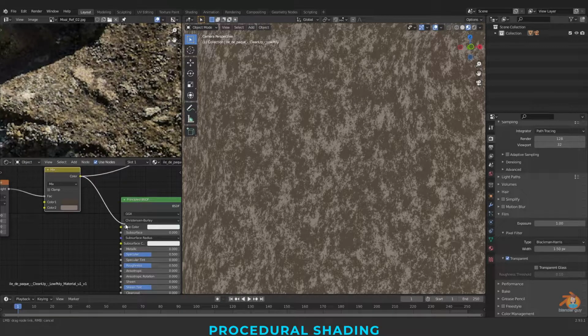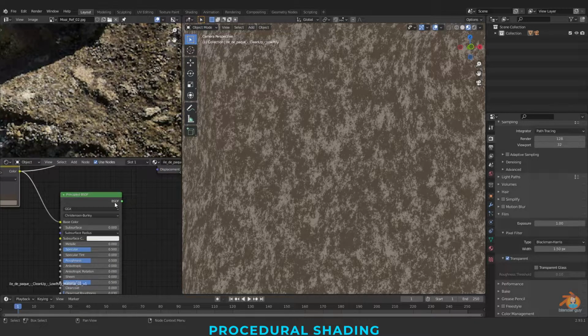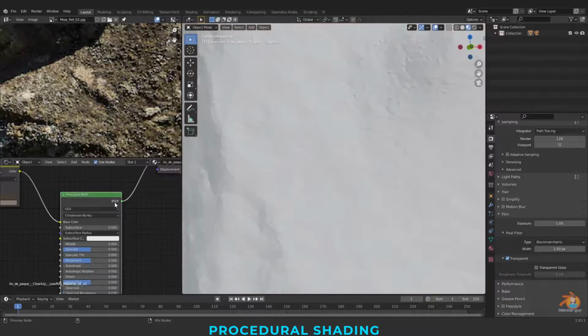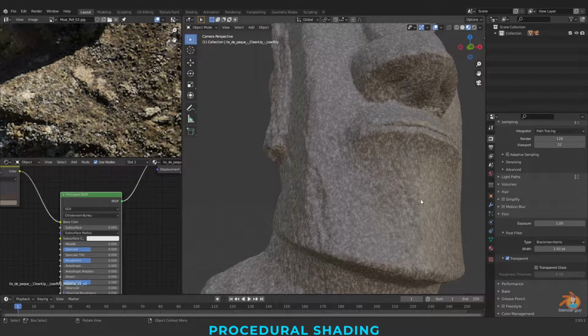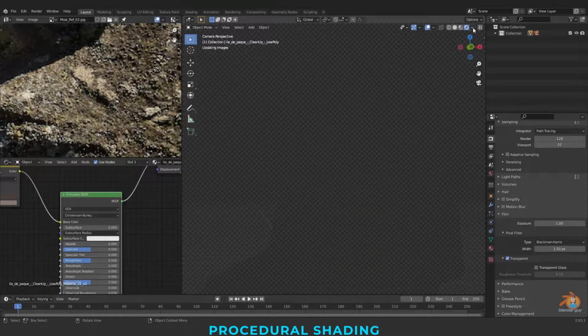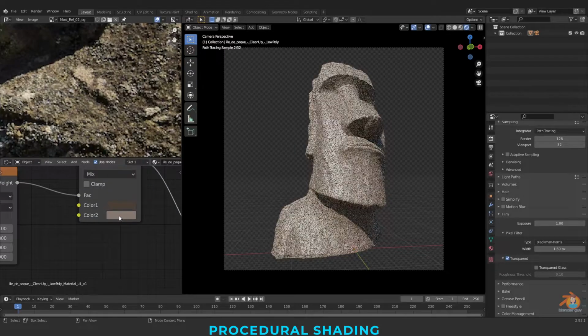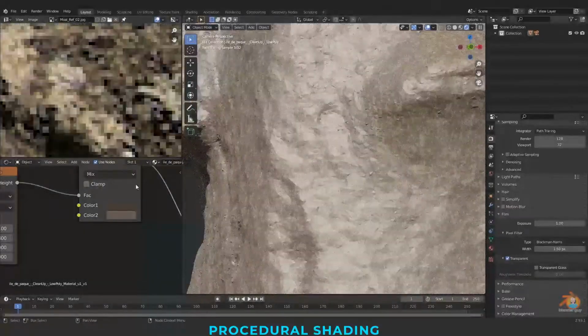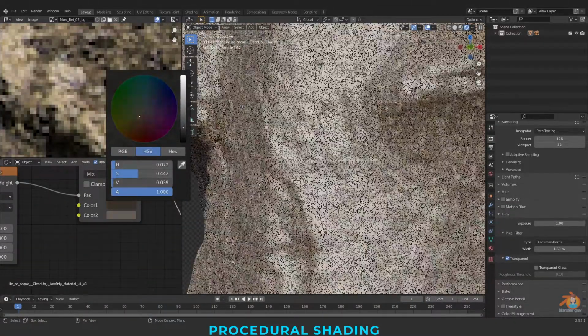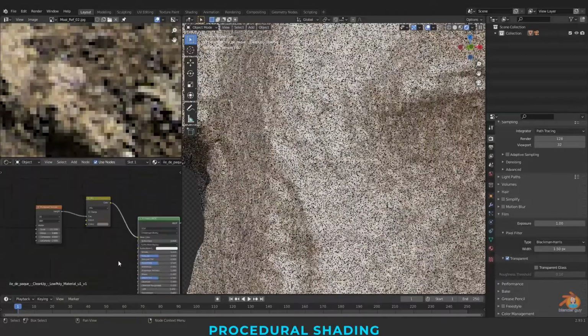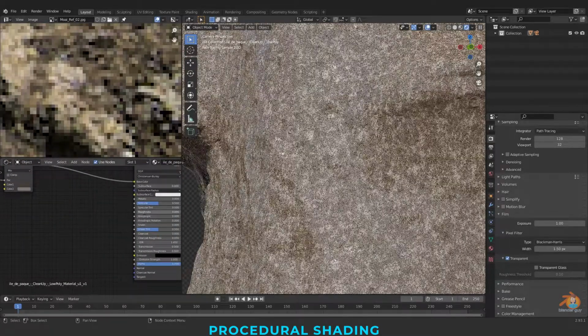Now I'll be connecting this to our base color, and now I'm Control Shift clicking on this material. We can see the output here. Let me just render this first. Let me increase the roughness.